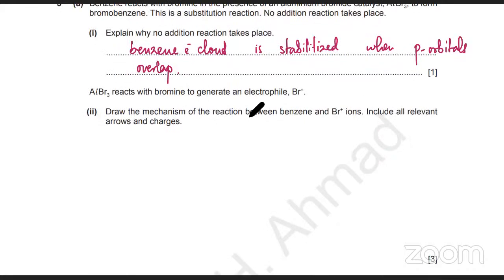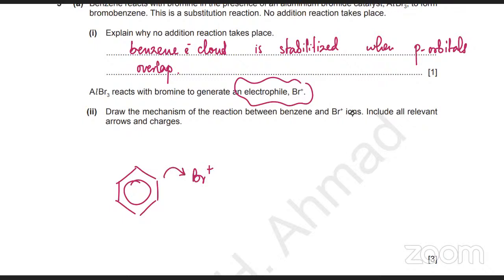So the benzene electron cloud is stabilized when the p orbitals overlap. And he says to draw the mechanism, so it's the same mechanism, with a Br+1 electrophile coming in. So you've got a benzene, and you'll be frequently asked to draw the same mechanism. So Br+1 comes in and grabs one of the electrons from the pi bond, the pi electron cloud,